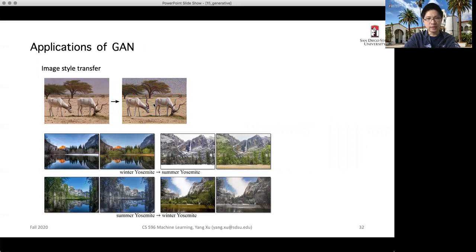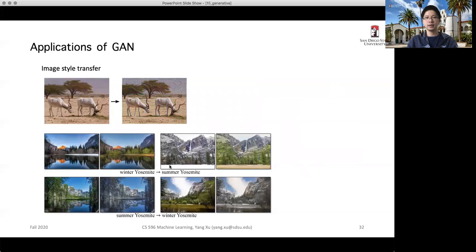The example I show here is showing another function for applying GANs. It has an interesting application in style transfer. That is, the GANs we learned from different data sets can generate different styles of paintings, and the intermediate representations from those different GANs can be used to let the same picture switch between different styles. Like the seasons can be a style, or the genres of a painting can also be a style.